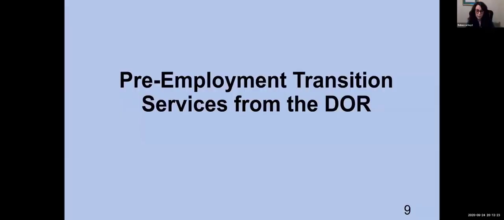So now I'm going to shift and talk about pre-employment transition services from the DOR. Just if you could wave at the computer and let me know, are you familiar with pre-employment transition services? Or is this a new topic? New topic. Okay, great. So the Department of Rehabilitation is California's vocational rehabilitation program, and under the Workforce Innovations and